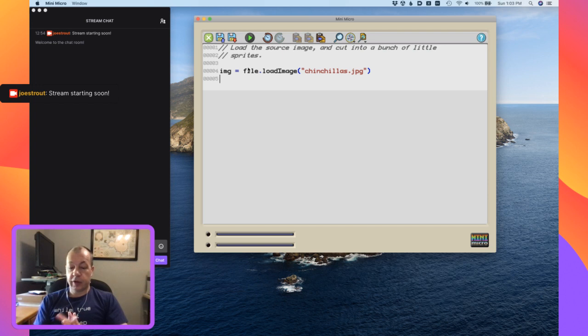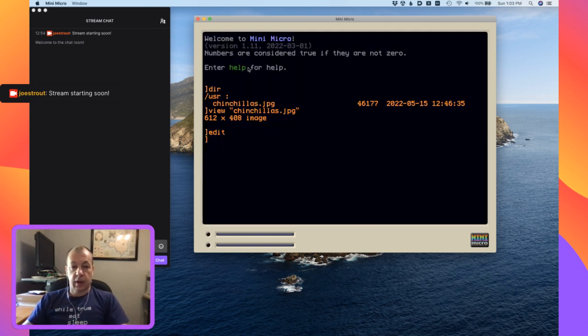I earlier worked out that this 612 by 408 image, both of those numbers are divisible by 102, and 408 is going to be divisible 4 times. So we're going to make our little sub-images 102 by 102. Or another way to think of it is we're just going to cut it into 6 by 4